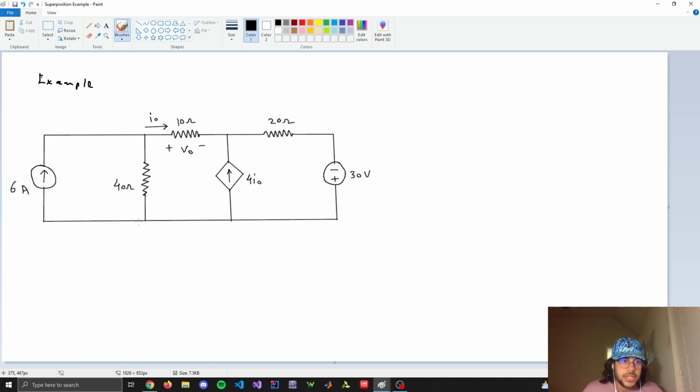Well, first we have to redraw the circuit by zeroing one of the sources. So I'll go ahead and zero the voltage source, which means it would take this voltage source and make it a short. So instead of this here, we'd have a short, and then I'll evaluate the circuit like this with the current source. You can use any kind of technique you'd like. I like to use nodal analysis. So this is VA, I'll label VB. So I'll write some KCL. First I need the KCL